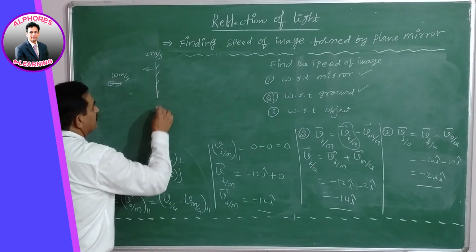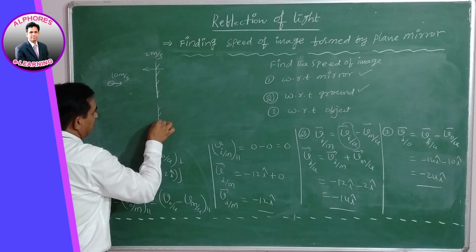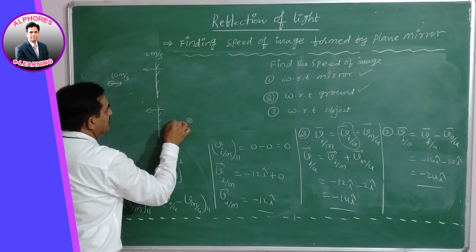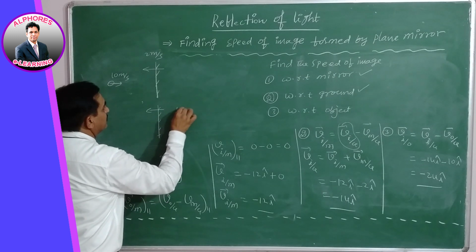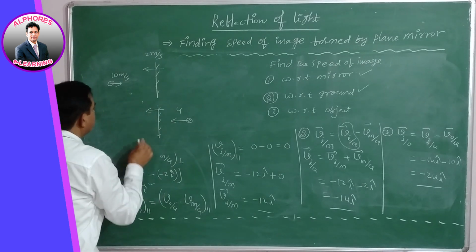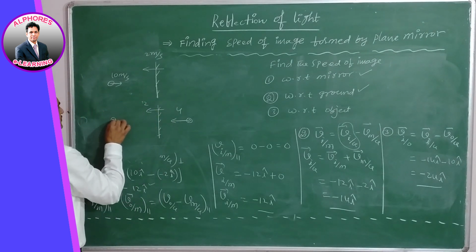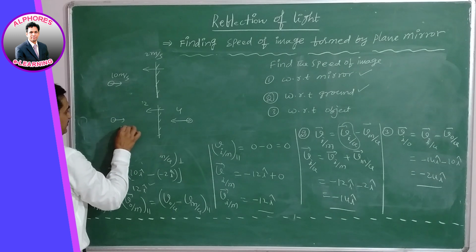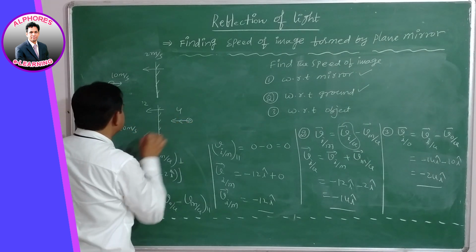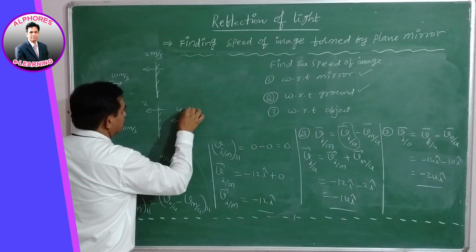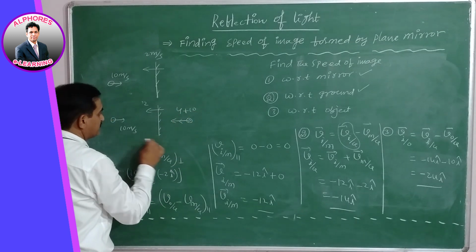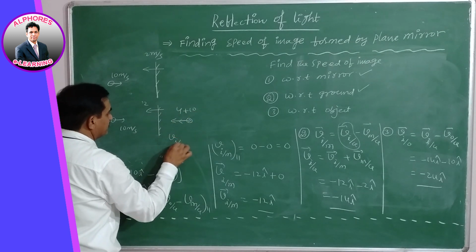Now in this case, according to our fundamental, when the mirror is moving with 2 meter per second, the corresponding image moves with double the velocity of the mirror, 4 meter per second. Now, the object is moving with a velocity of 10 meter per second. Therefore, the image moves with the same speed, that is 10. Overall, finally 4 plus 10, which leads to the speed of the image with respect to ground.